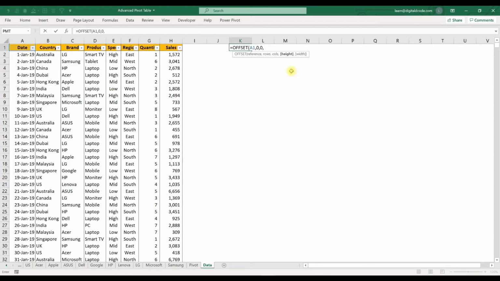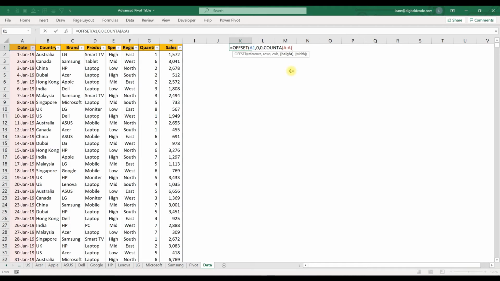And height is nothing but the total number of rows. To get the total number of rows, I'm going to use COUNTA, and I'm going to select the total column. This helps to pick the total number of rows from the data.